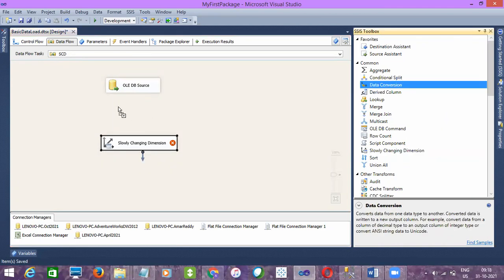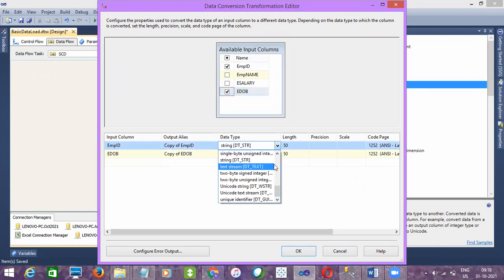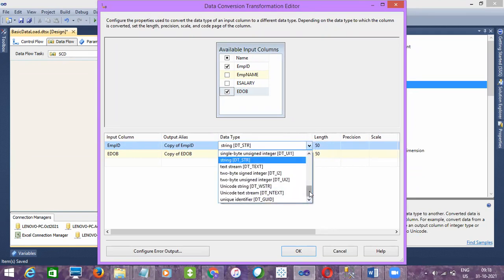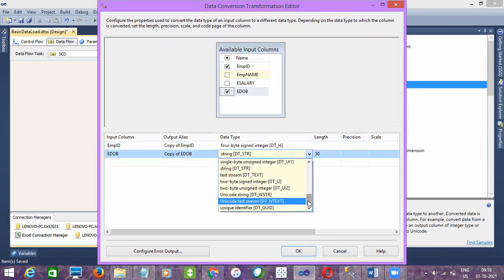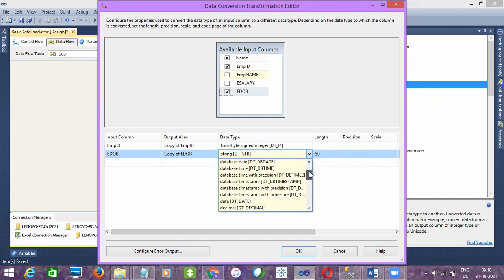Let's use that. And then date of birth. So here employee ID should be integer, which is a 4-byte signed integer. And then here we should select date time, database timestamp.